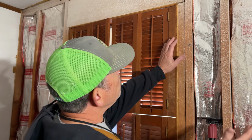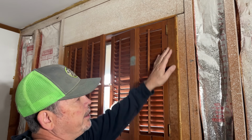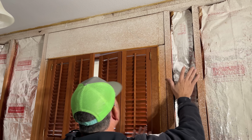I can't tell you how many times I've been on a ladder with my wife hanging curtains, and I know that I've got a jack stud and a king stud. I've got 3 inches of framing that I can put the bracket in. Where does she want it? At 4 or 5, right? Now I know I gotta open that little bag of parts that comes with the hardware and try to make it work. So what we're gonna do, we're gonna put blocking right up here on the right corner and the left,